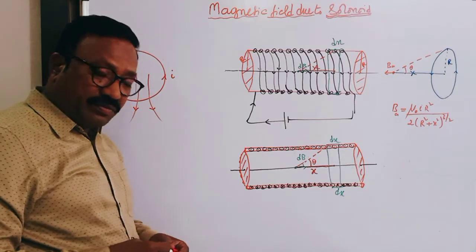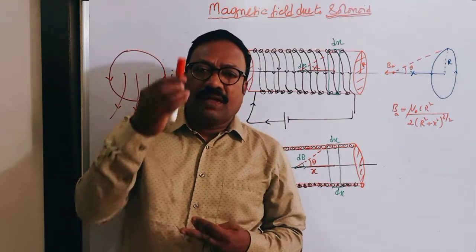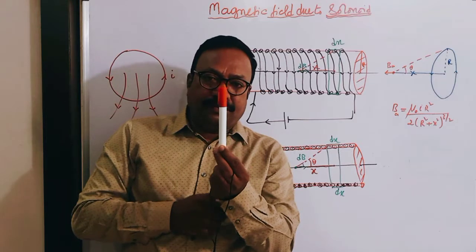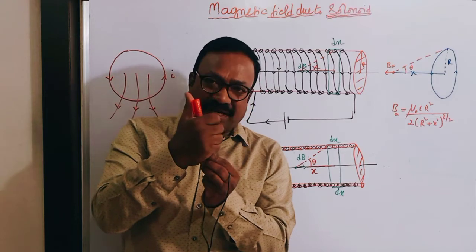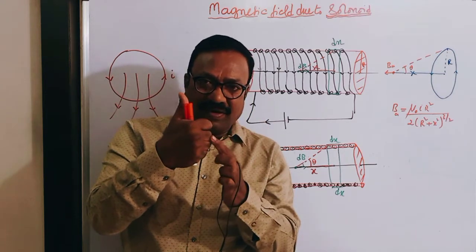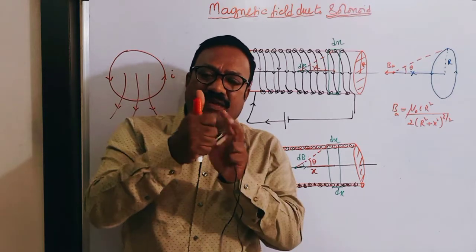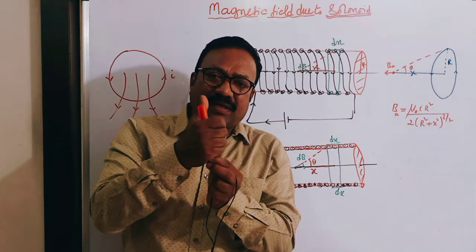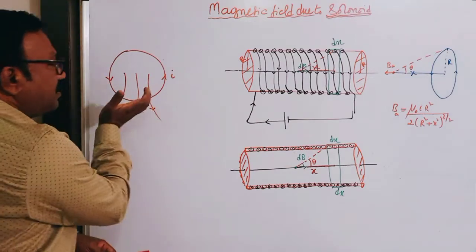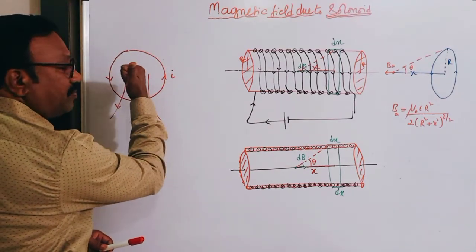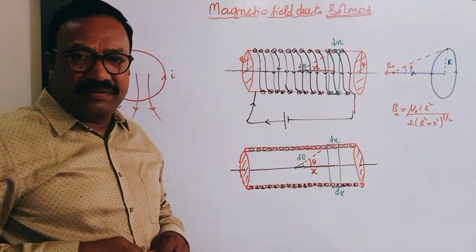There is another method also, especially for circular conductors. What did you do in the right hand thumb rule? The thumb is indicating the direction of current and the four fingers the magnetic field. So current, field. Interchange these two for a circular conductor. If I interchange these two, then this will become the current and this will become the magnetic field. You check now. So this is the direction of current. This will be the direction of magnetic field. Anyway, you must be able to give the direction of magnetic field.